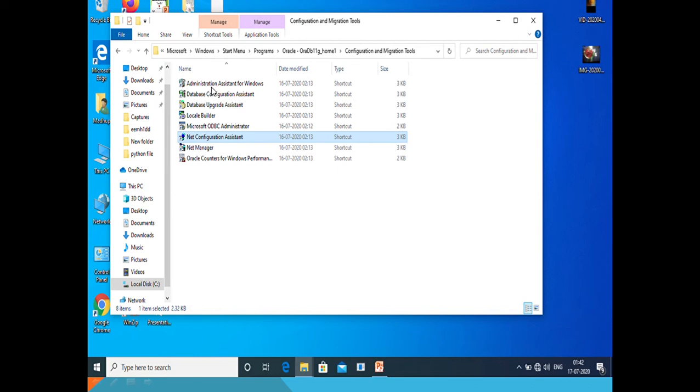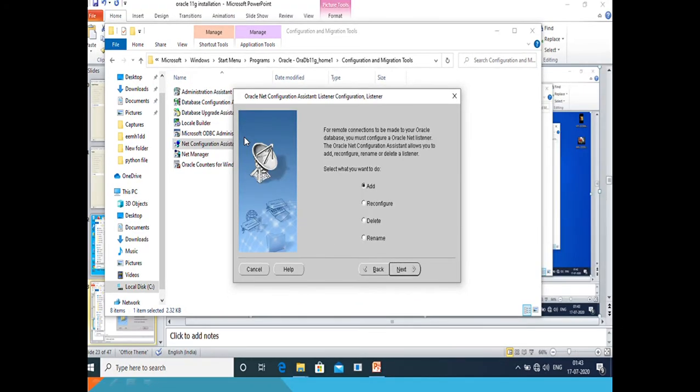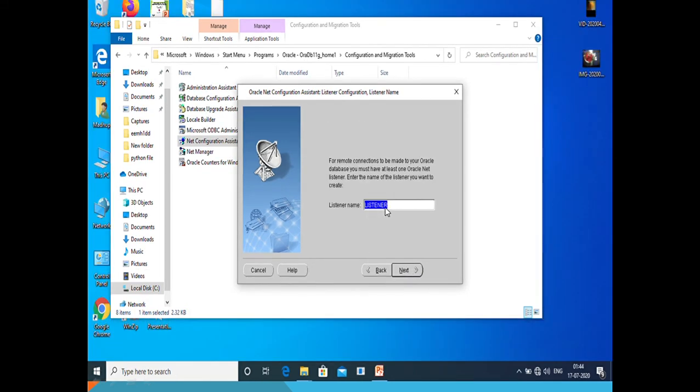database folder, or if you don't recognize the folder, just click on the search bar, type SQL and open file location, then you can see this. After that click on Net Configuration Assistant. By clicking on Net Configuration Assistant, this will come. Then add, check add, then next. After you just name the listener, or by default listener will come.